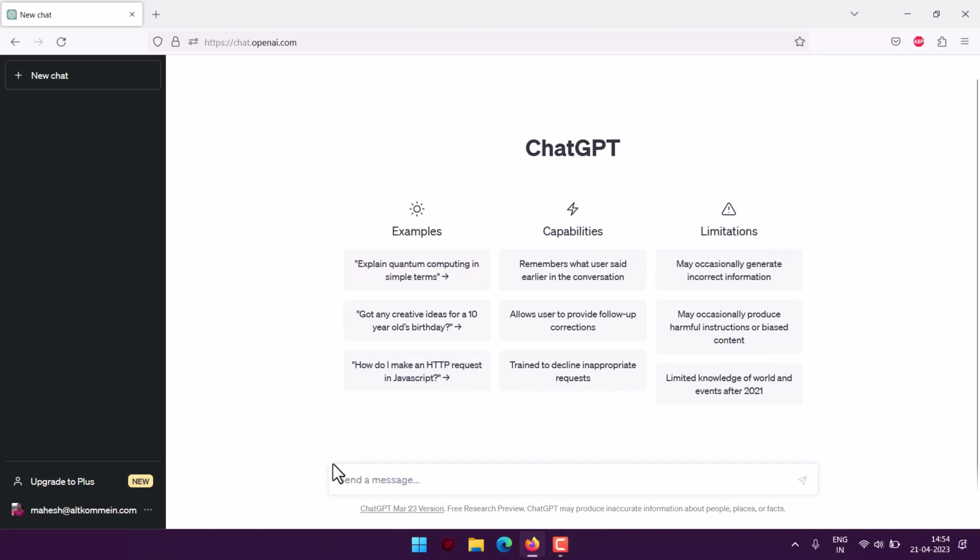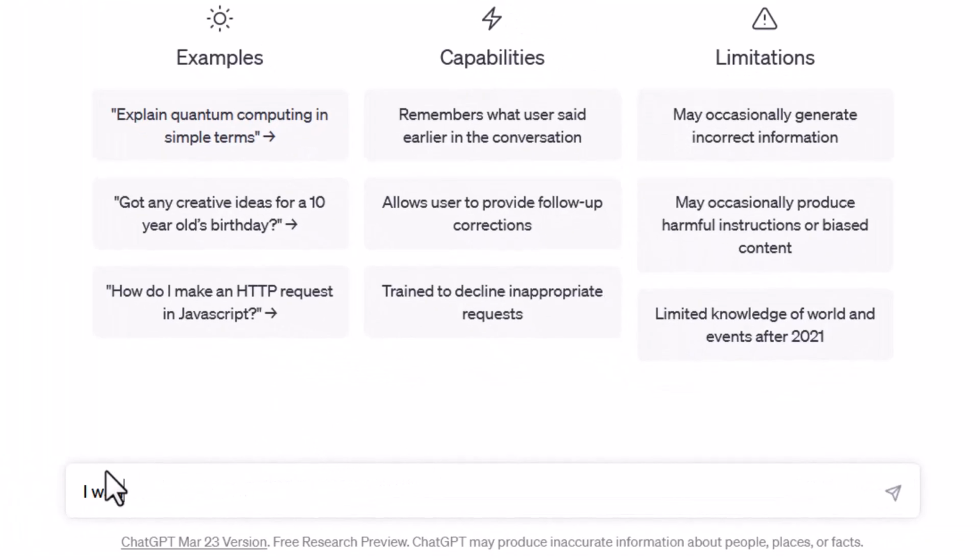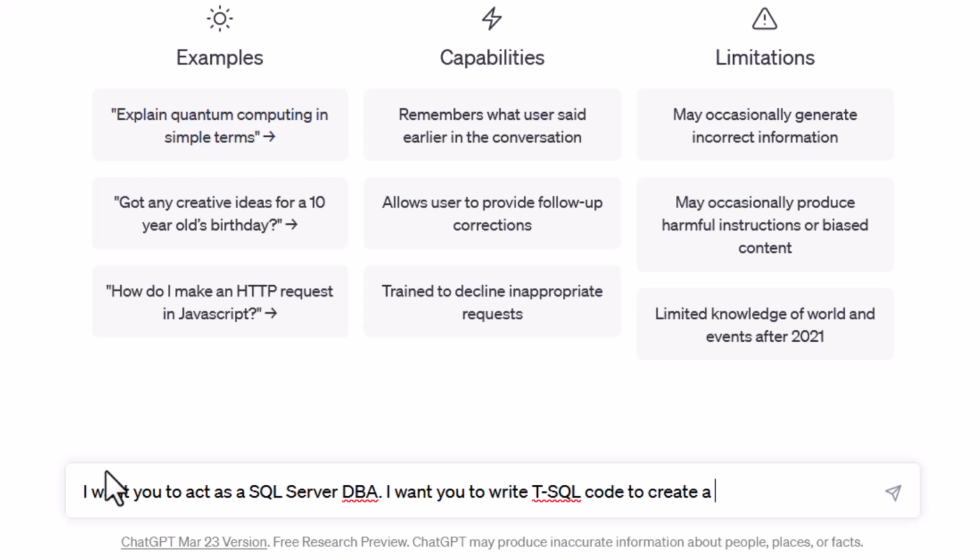At the bottom, you can see the new prompt. You can access this simply by creating a new chat. It should open this text box. Now here, I will type in, I want you to act as a SQL server, or you can say SQL server DBA, right? And I want you to write T-SQL code to create a table with columns